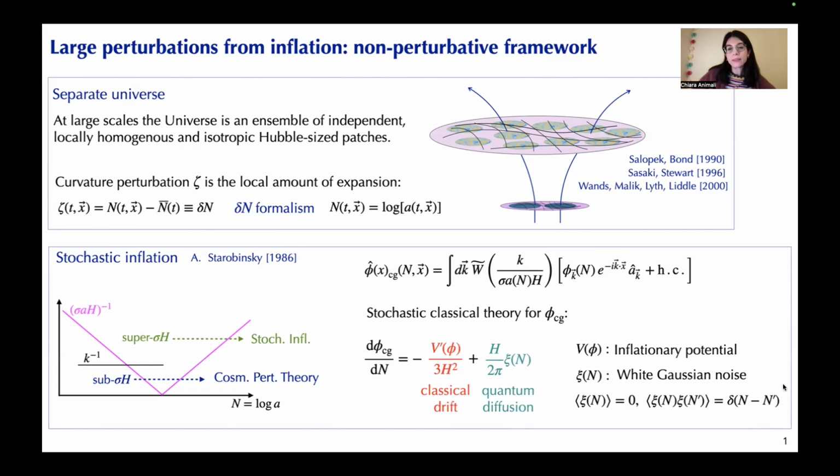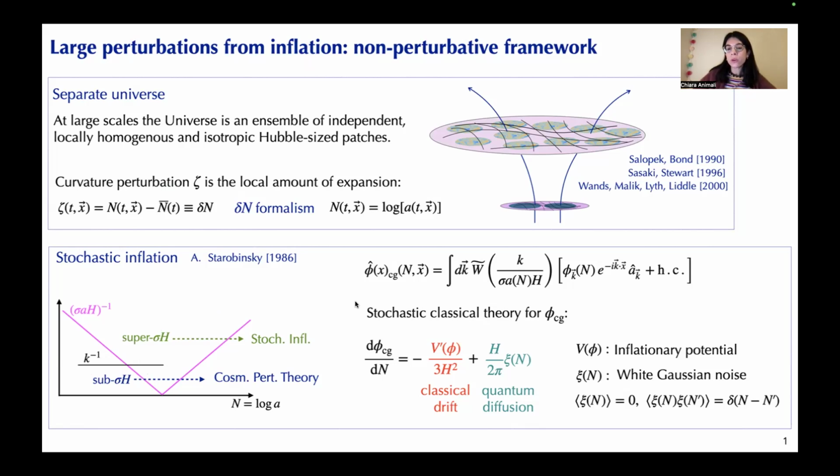Stochastic inflation basically is an effective theory for quantum fields during inflation, and therefore for the inflaton itself, that are coarse-grained above the Hubble radius, in a way that subhorizon modes are still small amplitude fluctuations that we can describe with cosmological perturbation theory, but on super-Hubble scales, we have large amplitude fluctuations that we describe with stochastic inflation. However, because of the shrinking of the comoving Hubble horizon during inflation, quantum subhorizon modes constantly cross the Hubble radius and join the coarse-grained sector of the theory. So in practice, they act as an effective contribution to the coarse-grained field.